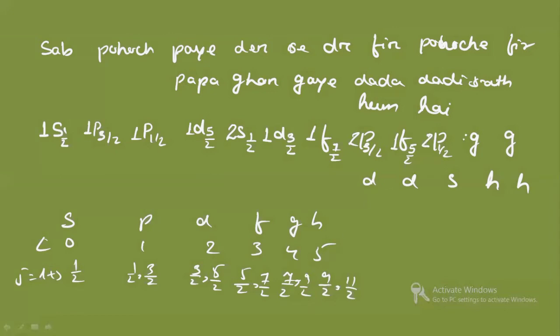Again you go for G. G is coming for the first time, so it will obviously be 9 by 2 first, then 7 by 2. This is 1. In this way you can go on doing. D, you have written 3 by 2 here, so this time it will be 2. Here it will be D having 5 by 2, then you will write 3 by 2. This is 2. Again you will write this for S, 1 by 2. H is coming for the first time, so 1. The greater one you will write, 11 by 2. Again 1, you will write here 9 by 2. So this is how you can write.